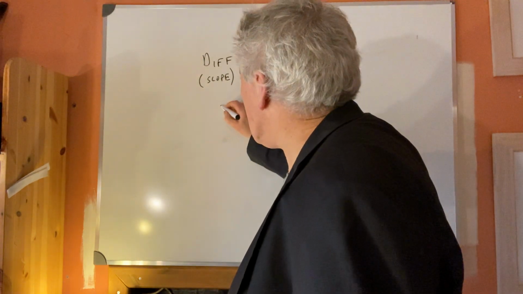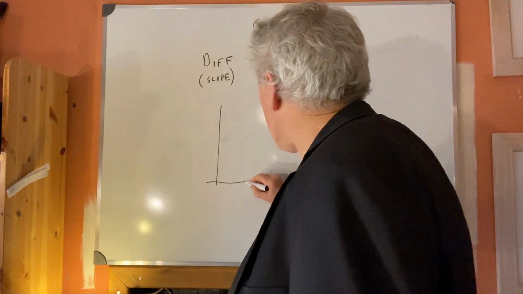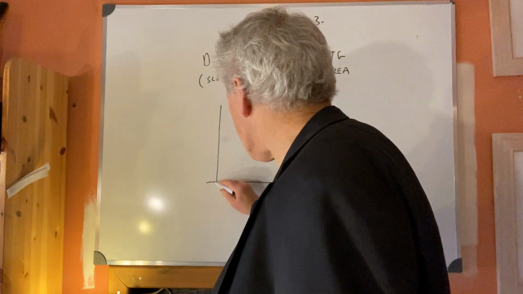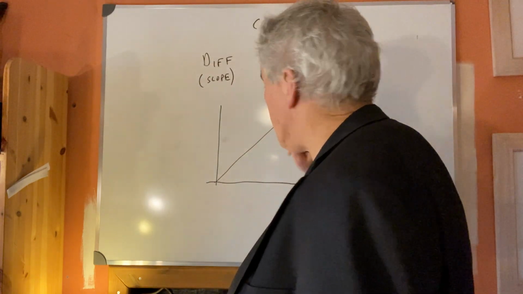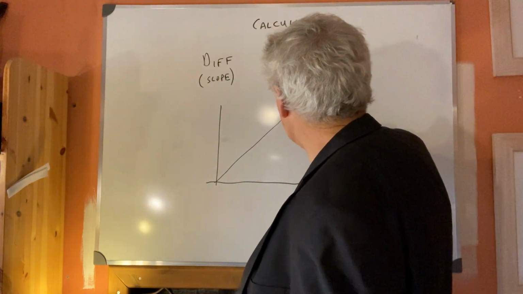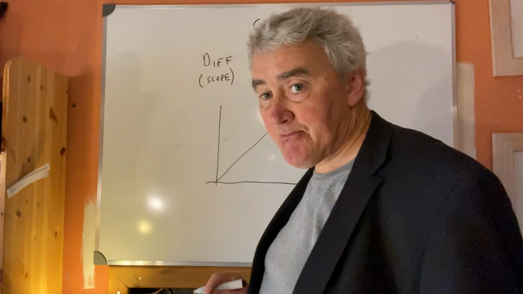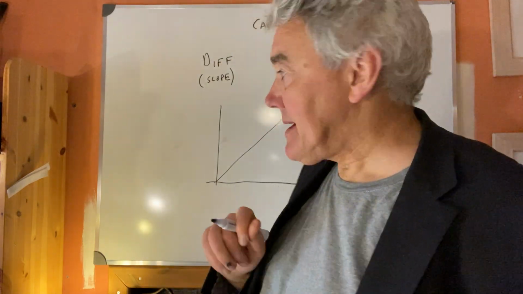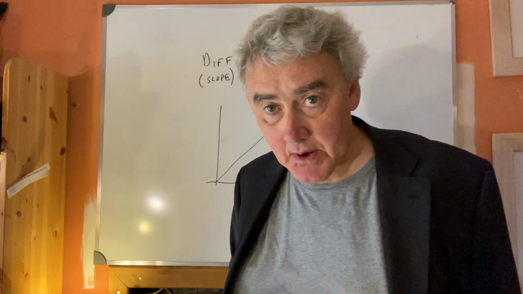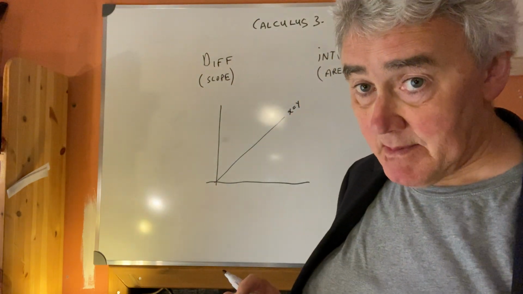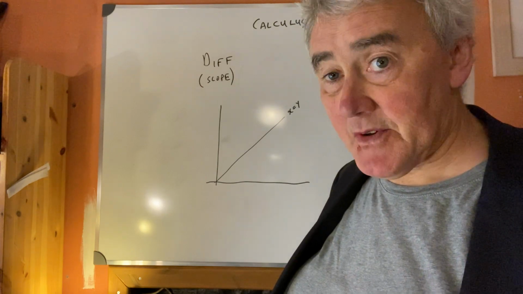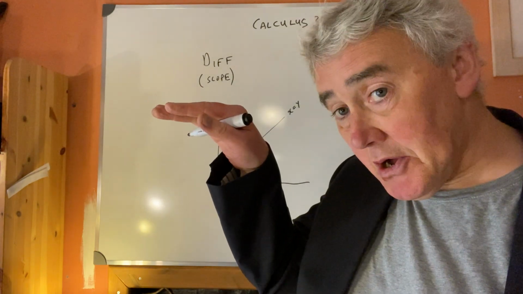So we've met it in connection with straight lines on the Cartesian plane. So if I take that line there, which is x equal to y, the slope is 1. It's 1 everywhere, it doesn't change. So if that's a mountain you're climbing, the nature of the climb will be the same all the time. In other words, every time you lift your foot up